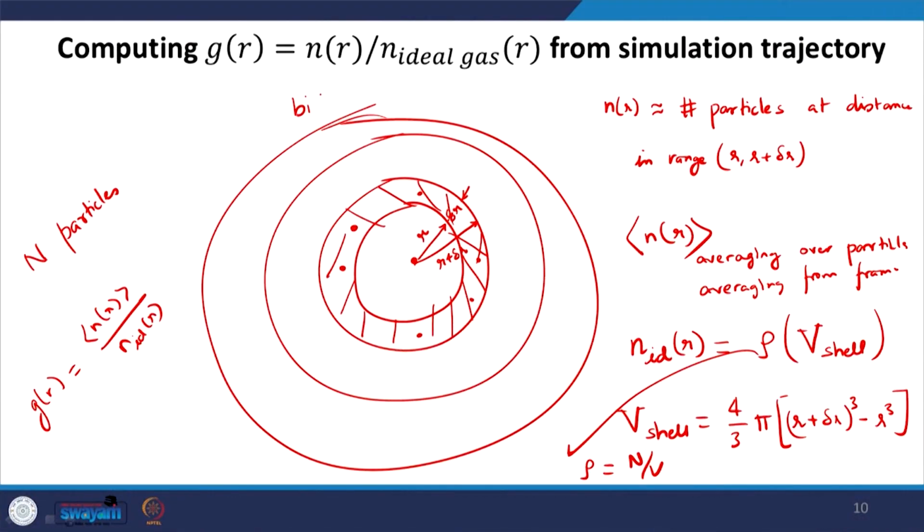So, this procedure, when I am looking over these smaller cells of thickness delta r, is basically called a binning procedure, and each of these cells corresponds to a bin. Essentially what we are creating is a histogram of how many particles are present in different bins of the system, and by using the right bin size we can make sure that the averages are proper and we can get the correct representation of g of r.